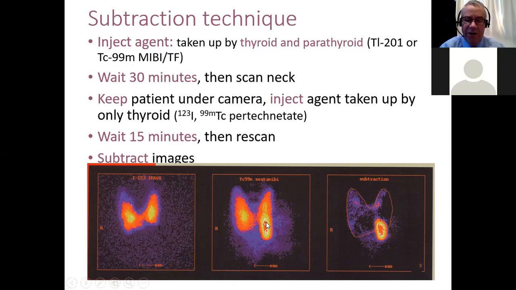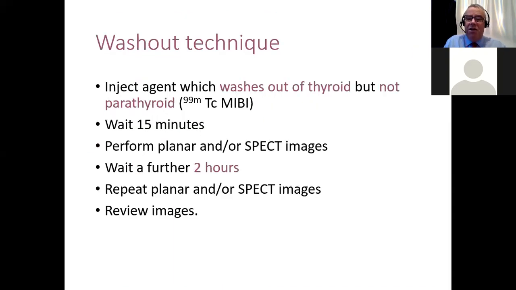thyroid and the parathyroid. Now that parathyroid is about the size of, I wouldn't say a grapefruit, but probably a small orange. So probably anybody could find it really. And then when you subtract them, the thyroid signal is subtracted and you find your parathyroid. Now this works very well for very large tumours, but it works less well for small tumours and those tumours that have low-grade uptake. So the washout technique was developed in France in the 1990s, and that's because they found